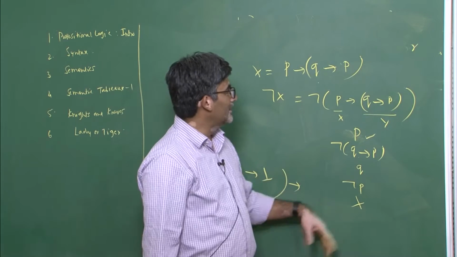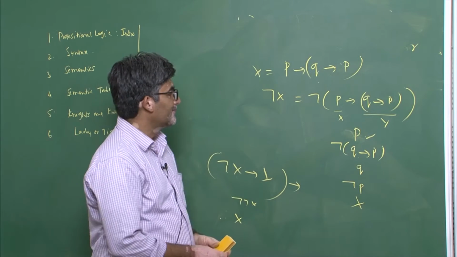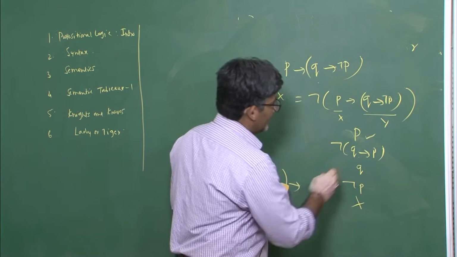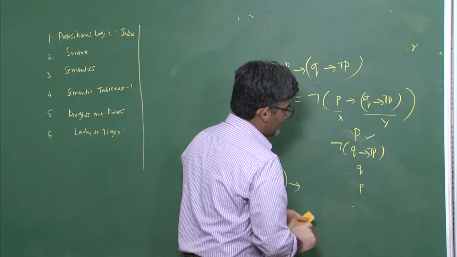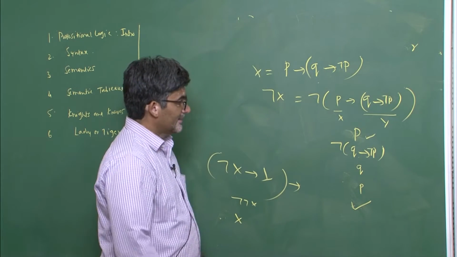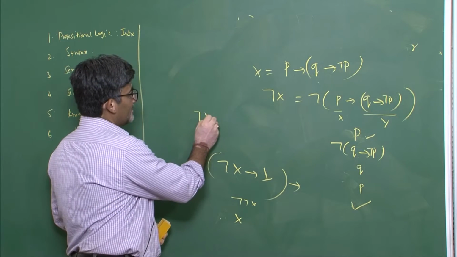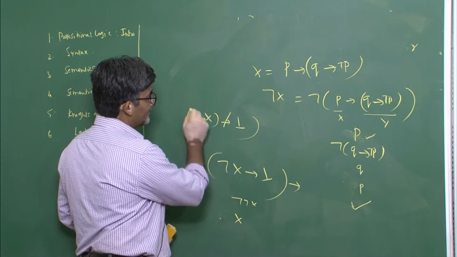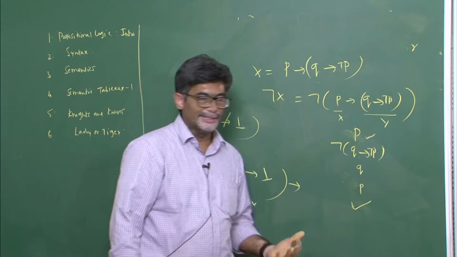So we can play with this formula by putting not P here, then you see that the branch is going to remain open. For example, if you put not P here, then it is going to be like this, so this will become P now. So this branch remains open. There is no way in which you can close the branch. So that means a negation of X, the one which you started with, doesn't lead to contradiction. So this does not give us a guarantee that X is valid.